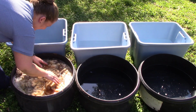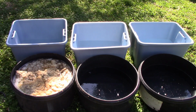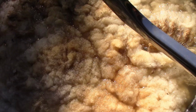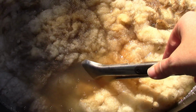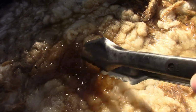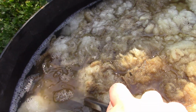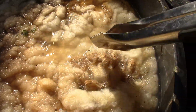Very hot water. I usually have some tongs that I use, but I forgot to bring them out. And depending on the fleece, sometimes I will give it a cold water soak first. It just depends on how it's looking, but look how nasty that water already is getting. Sorry about the lighting, but I'm outside and can't control the sun and shadows, but we're gonna let this soak